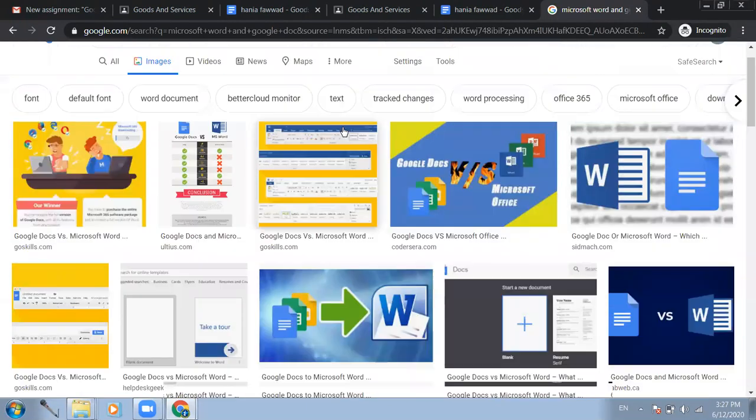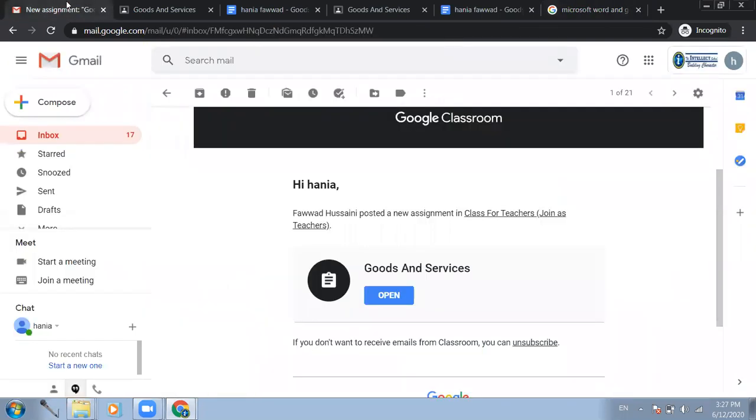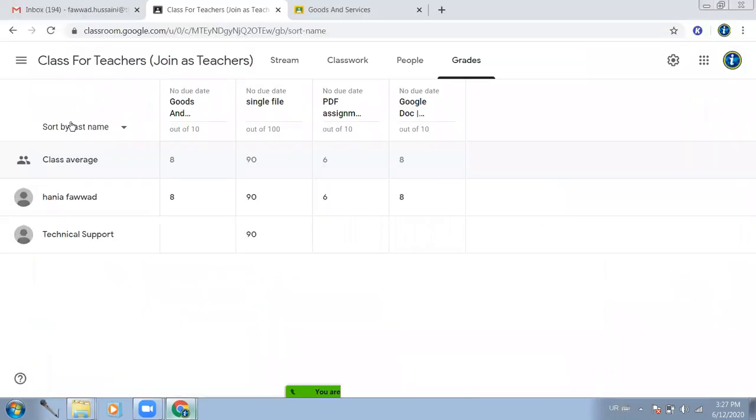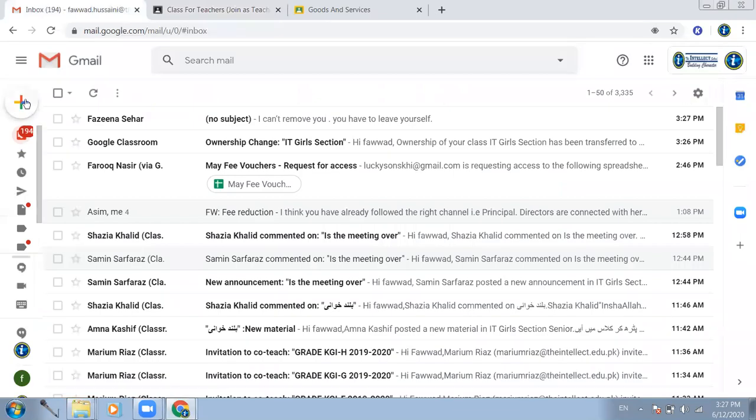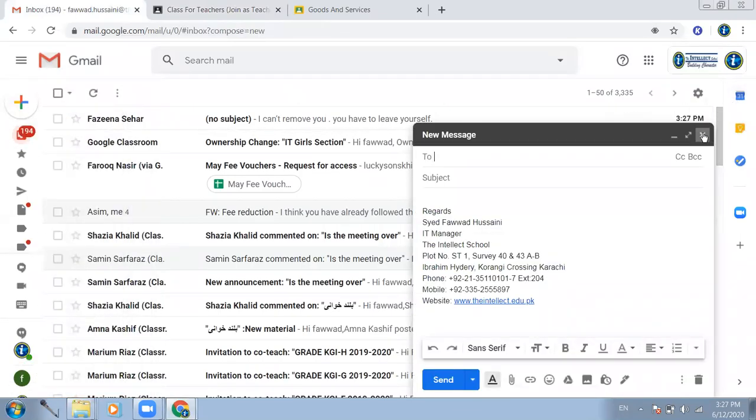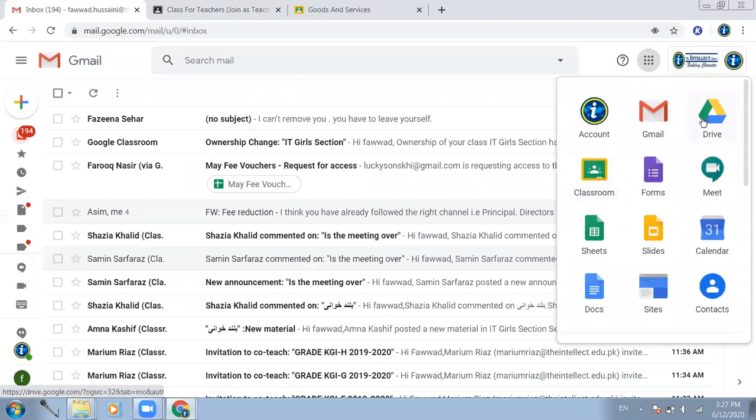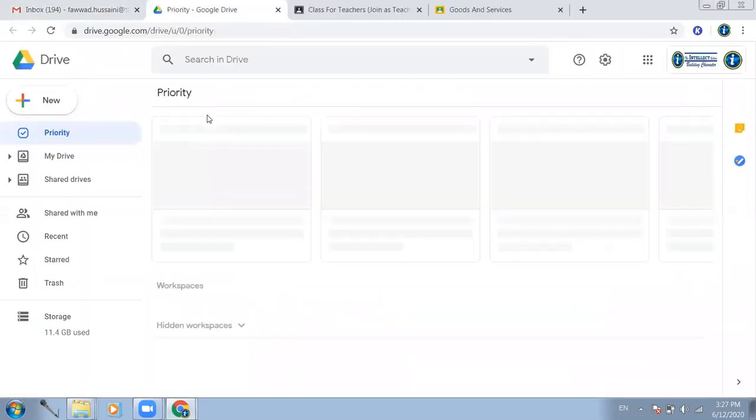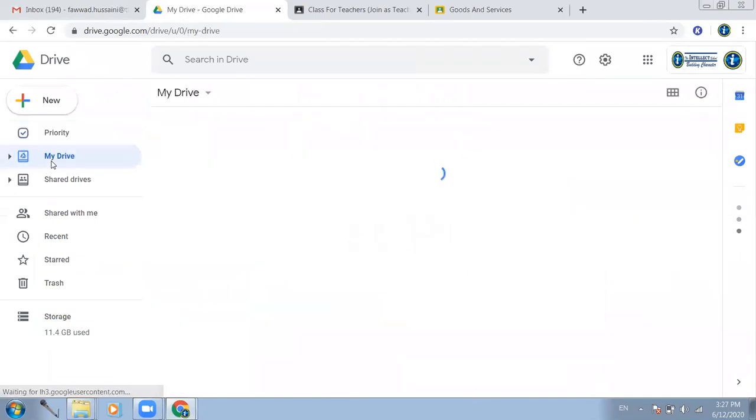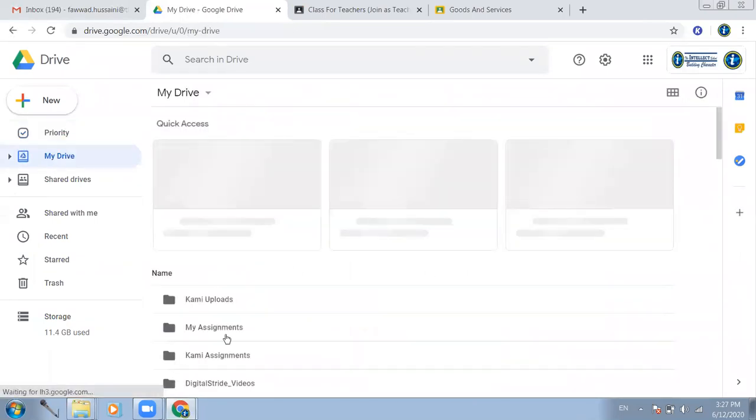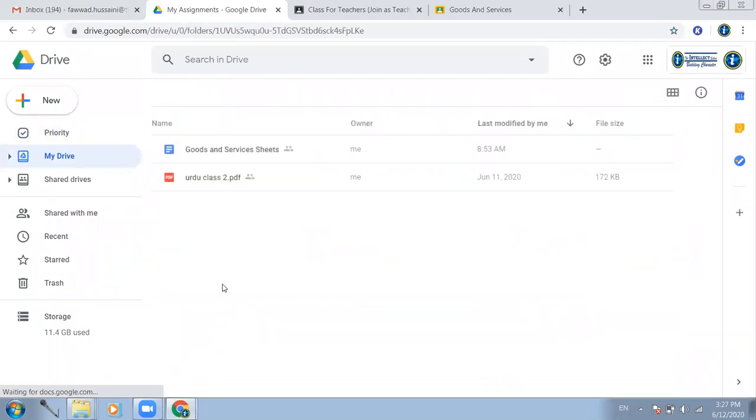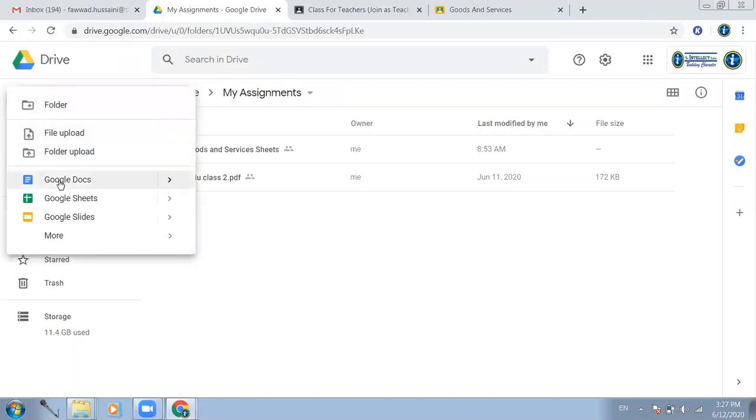What you simply have to do is come to your inbox. For example, this is my inbox, and I will click on my Google Drive. From there, for example, I have already created a folder with the name My Assignments. Here I want to get a document that I have already created as a Word document. So I will click on New Google Doc,